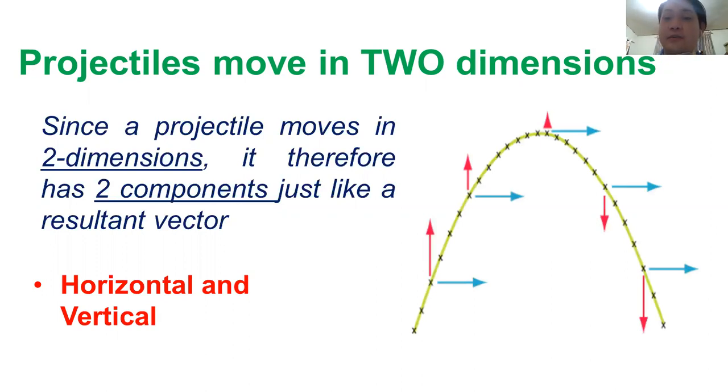As you can see, the red arrows show the vertical component. The blue arrows show the horizontal component of the resultant vector, or of the projectile motion rather. Okay, so